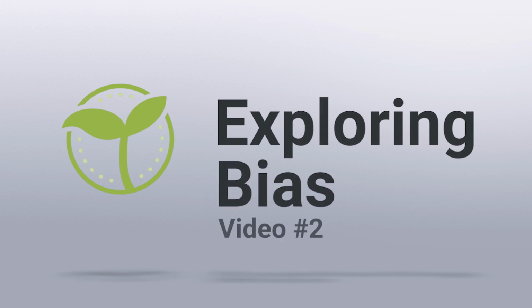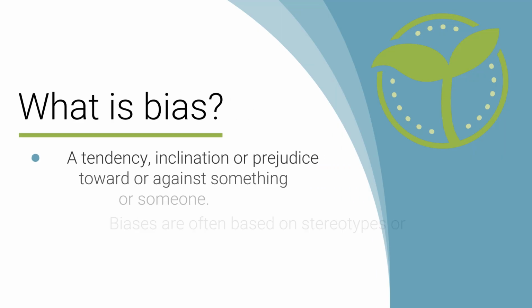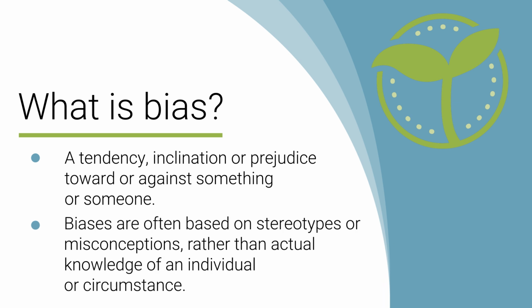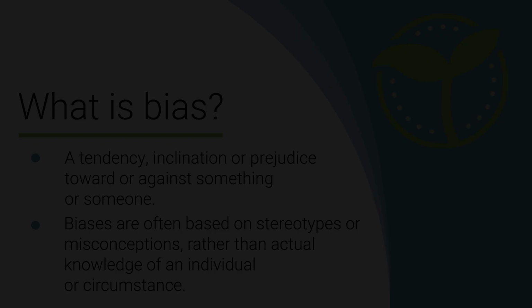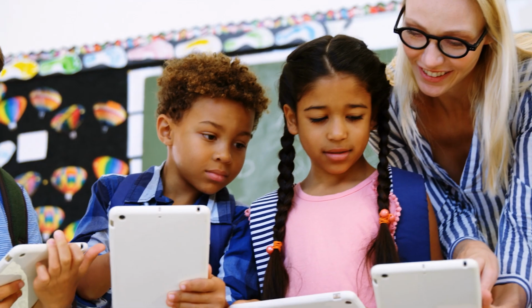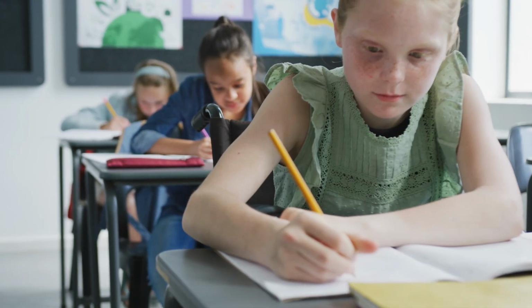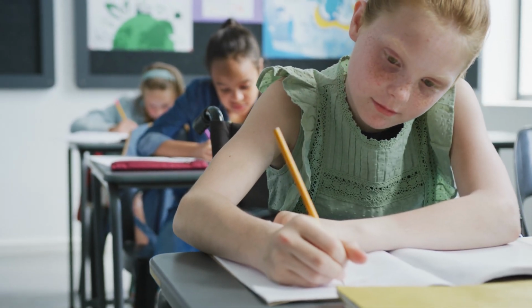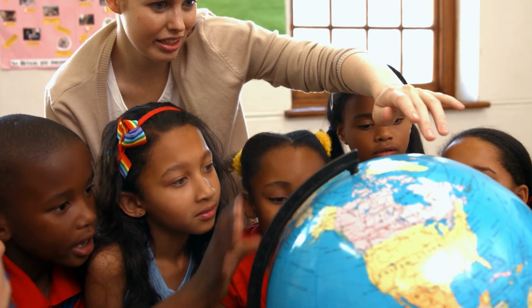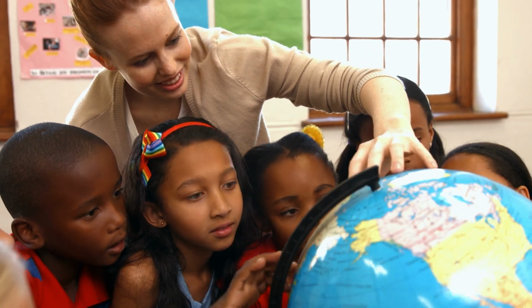So let's take a moment and explore bias and implicit bias. Although we may try to be neutral, we all have values, beliefs, predispositions that impact how we relate to others. Bias can contribute to how even the most well-intentioned educators respond in their learning environment. Our preconceived notions and opinions emerge through our words, our teaching methods, our grading practices, and accessibility practices. So that's why recognizing and understanding our biases is so crucial.